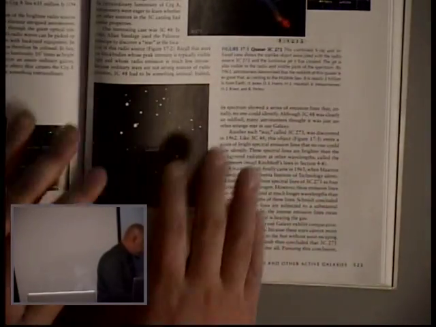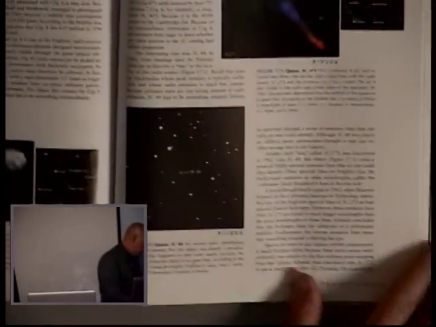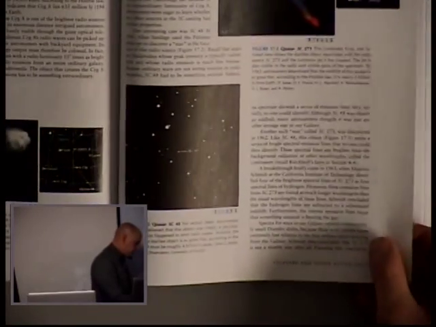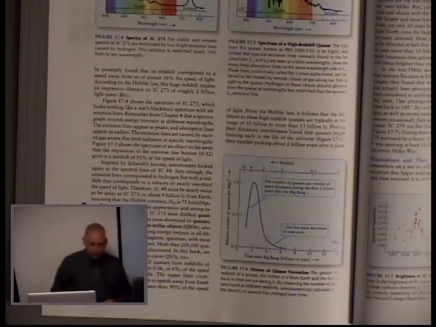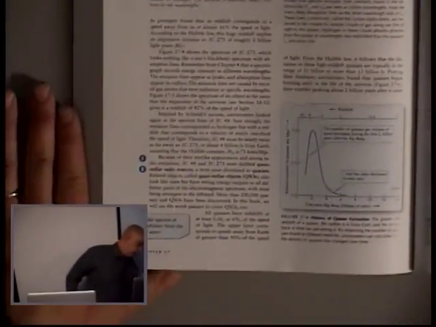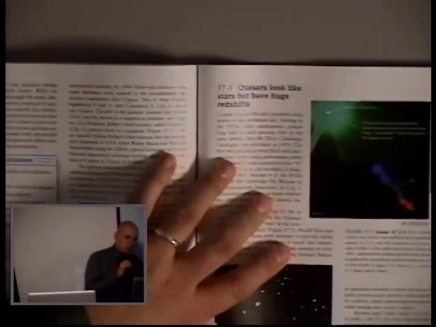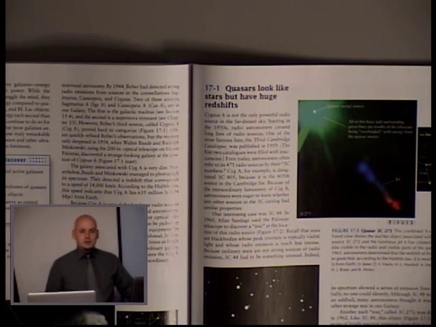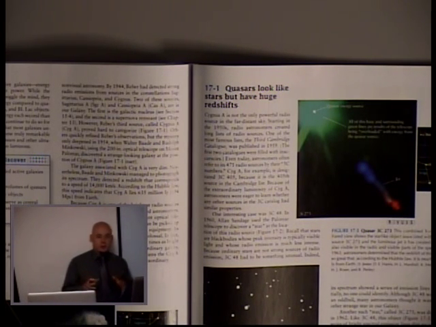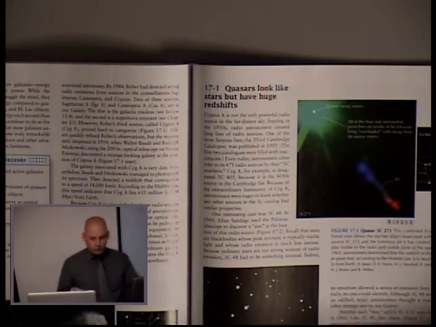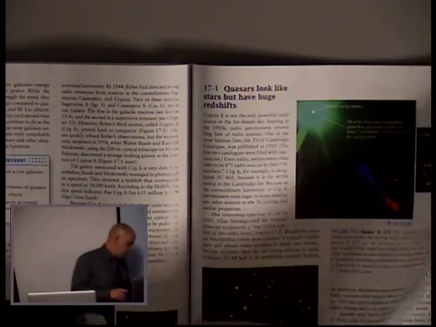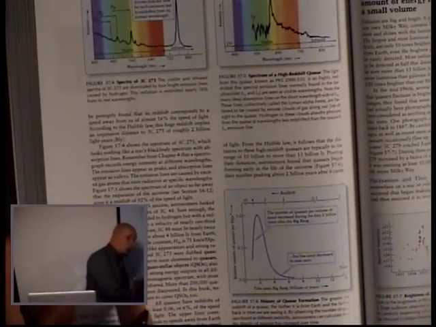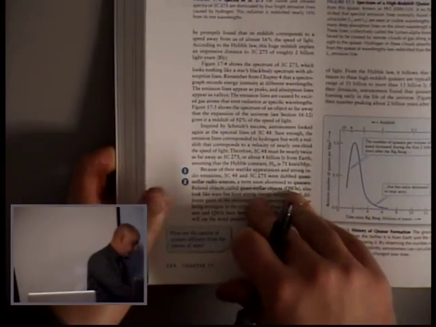Okay, so first off, I want to introduce the idea of what is a quasar. And a quasar is actually one of those things that if you look on page 524, they give you an explanation of what a quasar is. It is essentially something that looks like a star, but has a huge redshift. Now, remember, redshift, we talked about last chapter, redshift means it's moving away from us very fast. And with quasars, the name comes from quasi-stellar radio sources, you can see that on the bottom of 524.